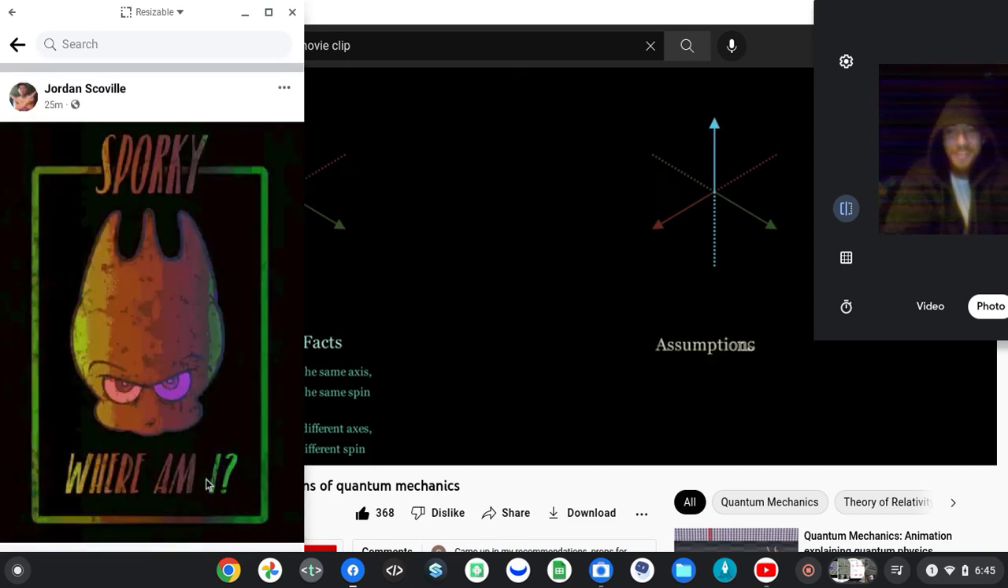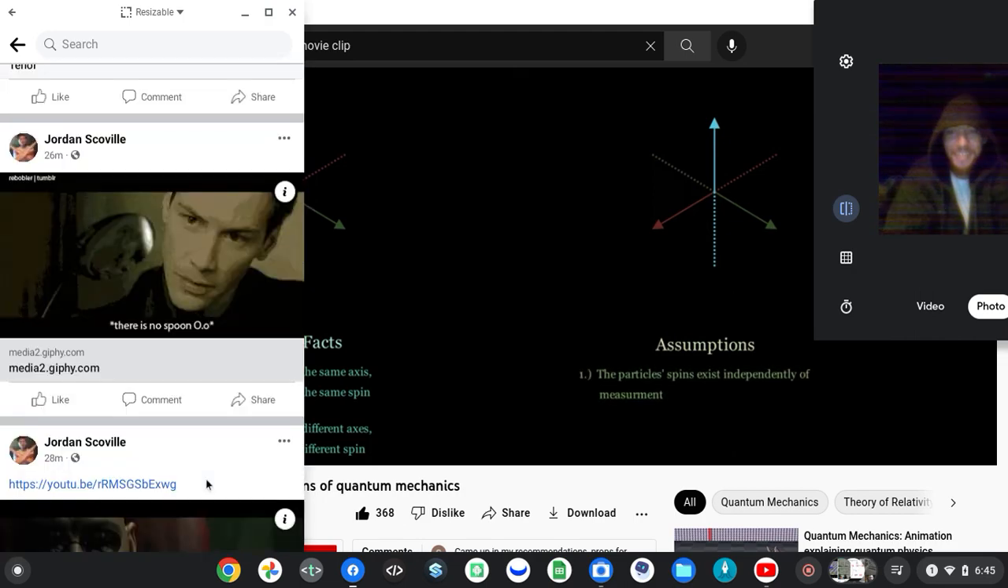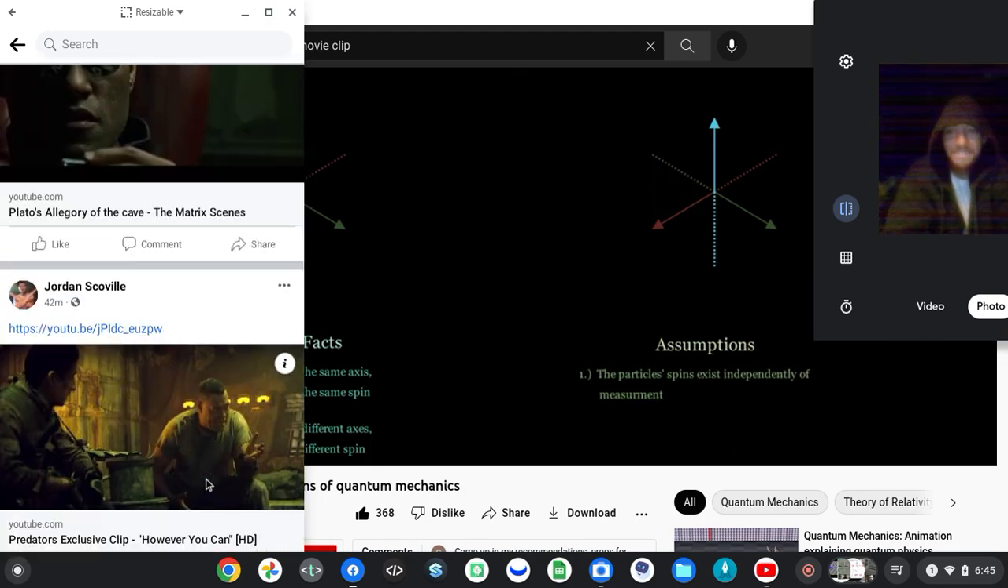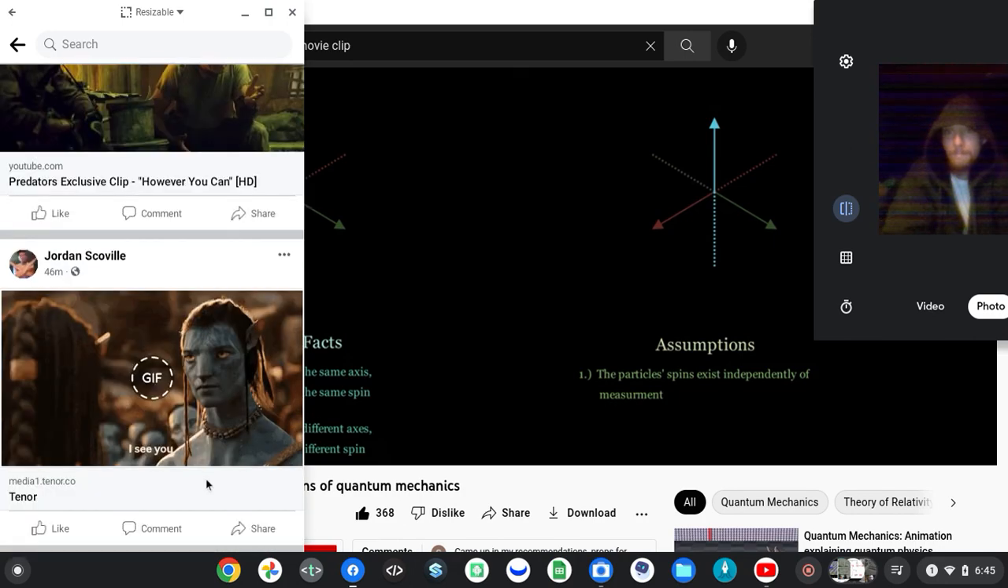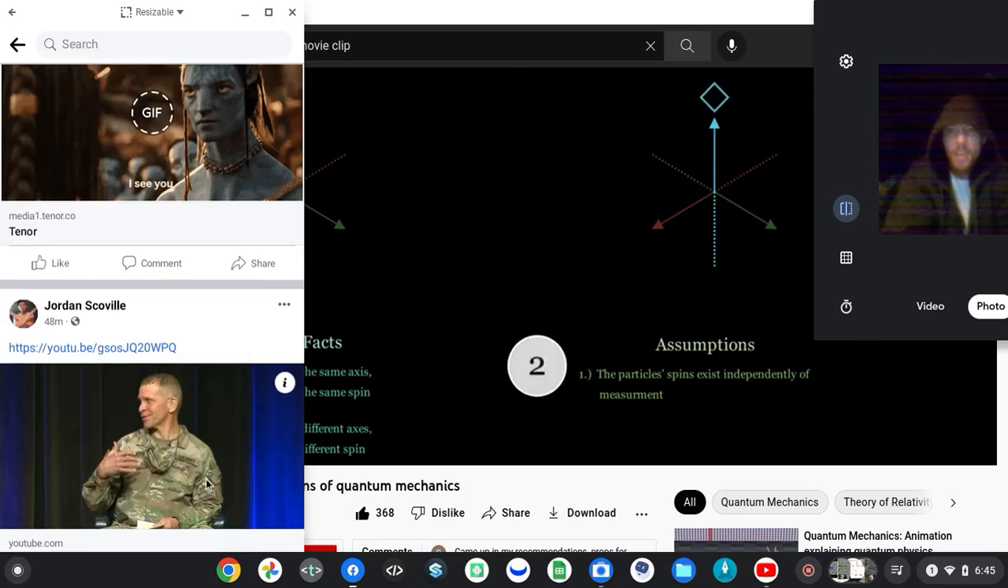First, the particle spins exist independently of measurement. Taking the last example, this means that there really is a particle that has the property of being spin up along